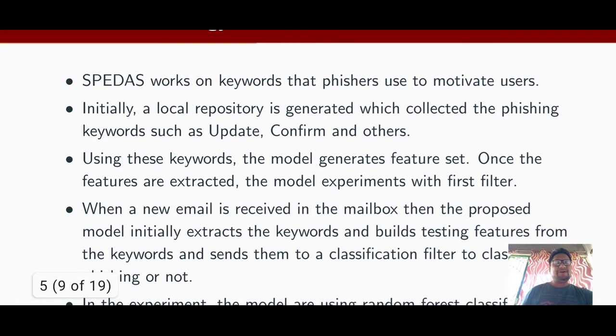So at first, in this model, we have to get a repository. Repository means where we have to keep the sensitive keywords like update, confirm, and others. And when a new email is received by users, then first we have to classify it with machine learning using these keywords. If the email is recognized as phishing, then we terminate our model and we inform the user that this is a phishing email. If unable to detect this as phishing, then we have to collect all the words from